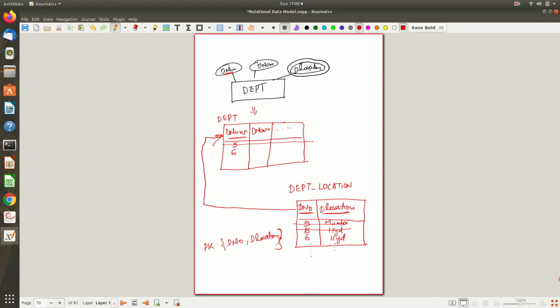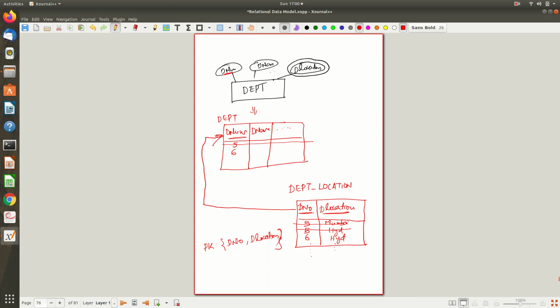Otherwise it is meaningless: later, when you refer to department number 5, it is no longer available, but you are still keeping its location information here. That should not happen. So whenever you are deleting something from the referred relation, hope you remember that terminology here,